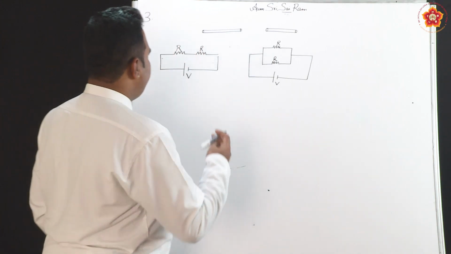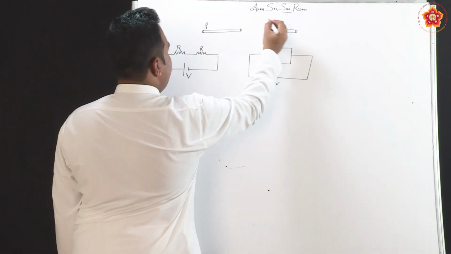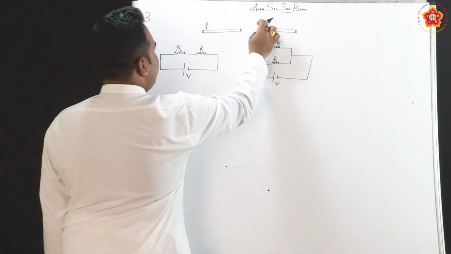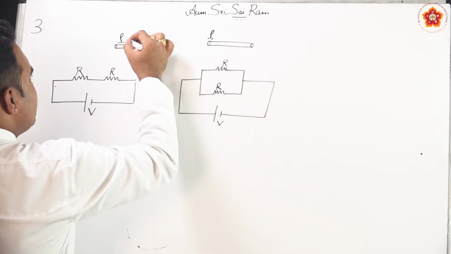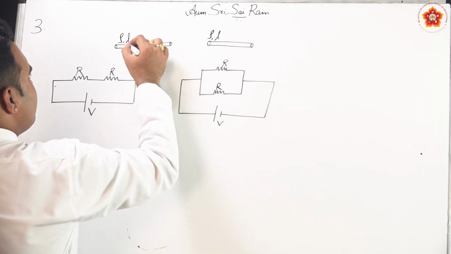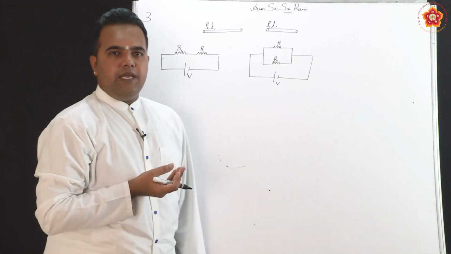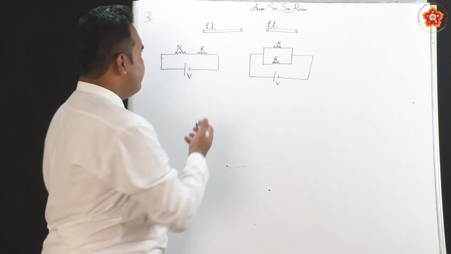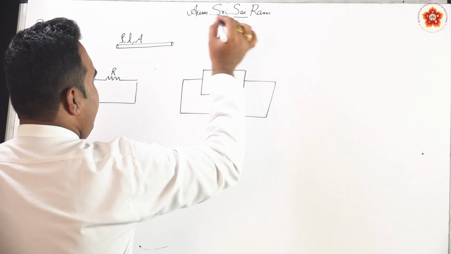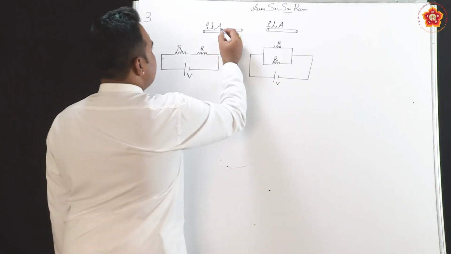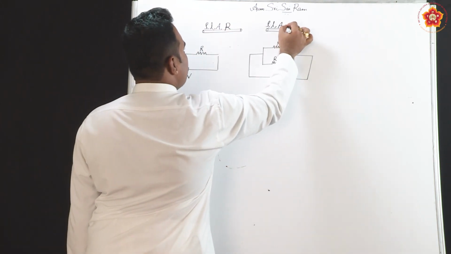Now, let us see what they have given. So, they have given two identical wires of same material, which means the material characteristic, the resistivity rho, is same, length is same, diameters are same, which means what? Diameter is same means radius will be same. If the radius is same, areas will be same. So, it will be area of cross section. If I call A here, here also it will be A, which means the resistance values are equal now.